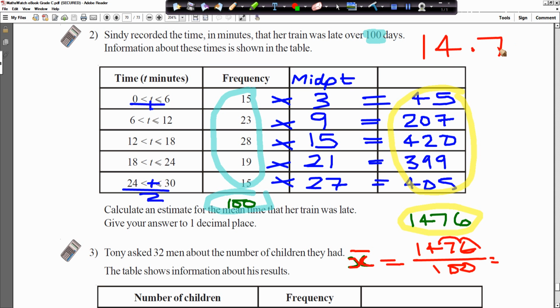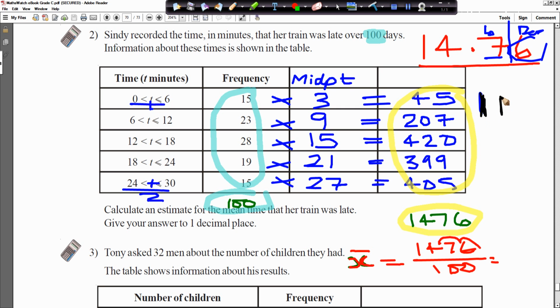14.76. And that's the end of that question. Okay, 14.76 is not the answer, sorry. That's the answer for this calculation. Well spotted, Mr. Saf. We have to round it off. Good. So, for one decimal place, put the line down here. Last digit, the decider. Because the decider is 5 or more, we add 1 to that. So the final answer is 14 point